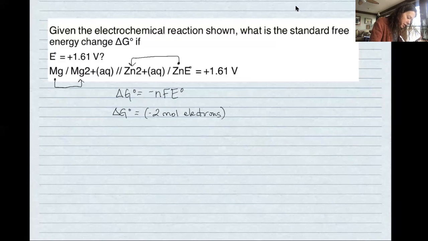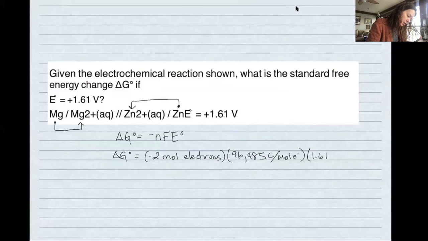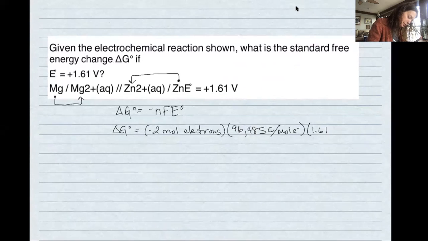I've got Faraday's constant, 96485 coulombs per mole of electrons. And then our E cell is 1.61 joules per coulomb. So negative 2 times 96485 times 1.61 equals negative